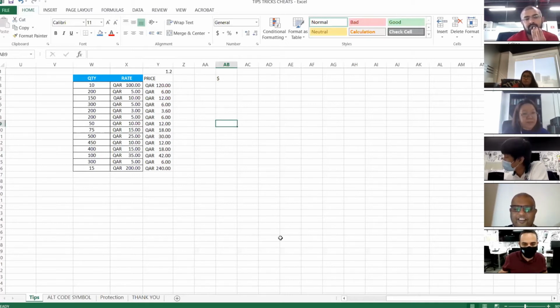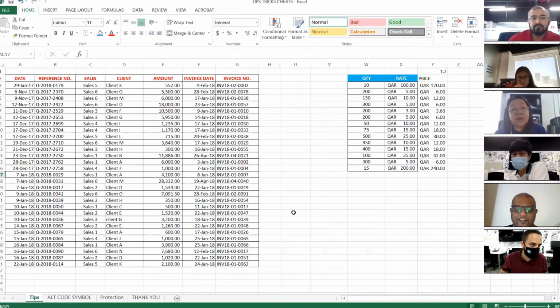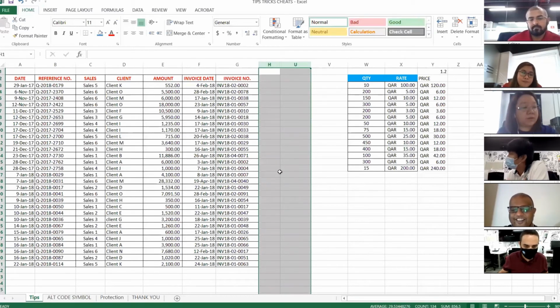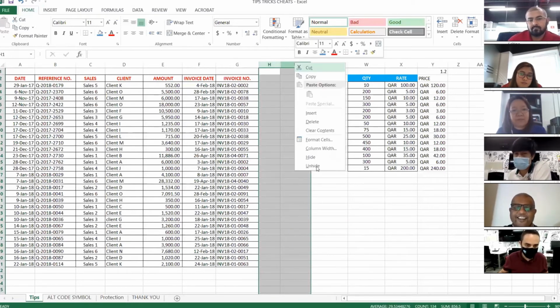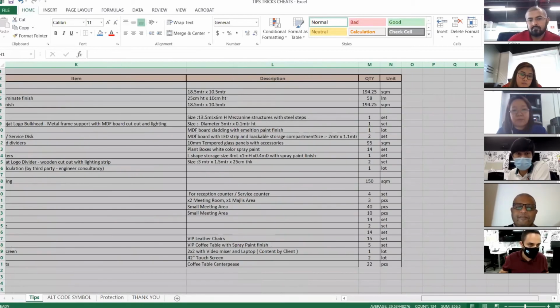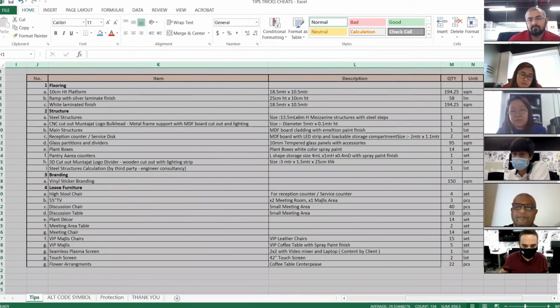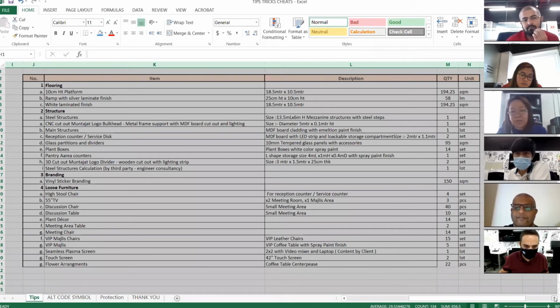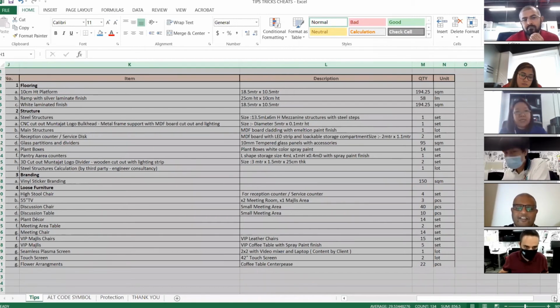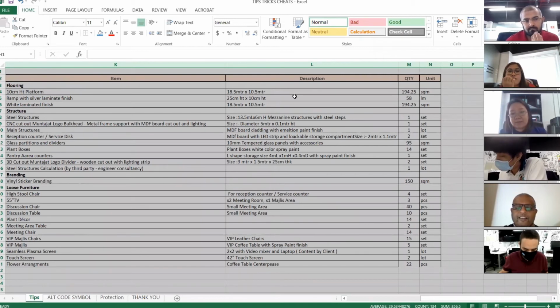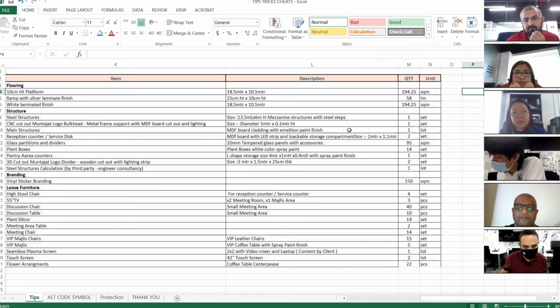So another tip in Excel will be how to add text. Take note that addition is not only for numbers. We can add text as well. So how to add text? Here. Unhide. Okay. I have here a sample of quotation wherein the description is separated in 4 rows. Oh, sorry, 4 columns. Now, if I want to combine the text in one cell, there is one formula that we can use